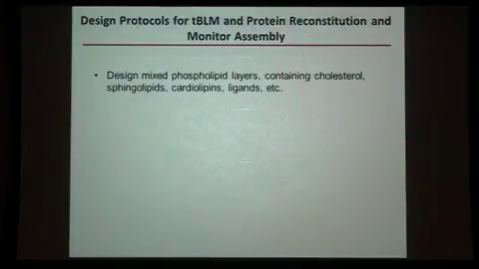So now I just want to get into some examples of how we make our measurements and what we like to do with them. When we're designing protocols for the tethered bilayers and protein reconstitution, at this point it's really an empirical exercise. So we want to be able to go rapidly through designing experiments where you can test different phospholipids, different additions of cholesterol, other kinds of lipids, ligands,